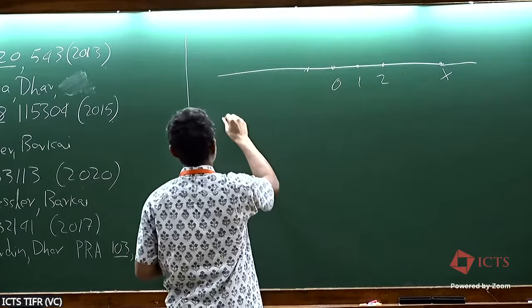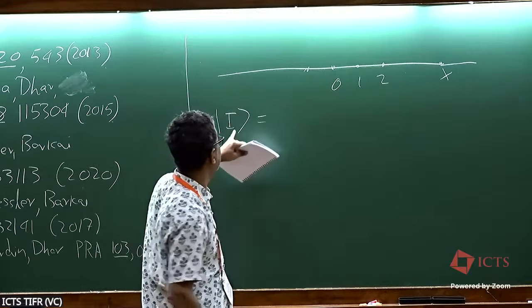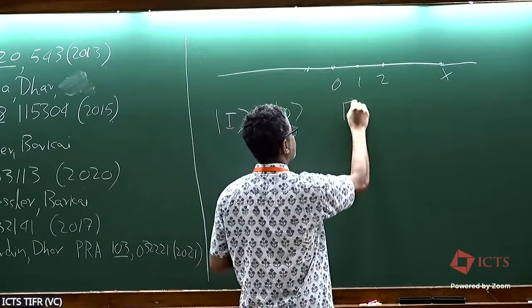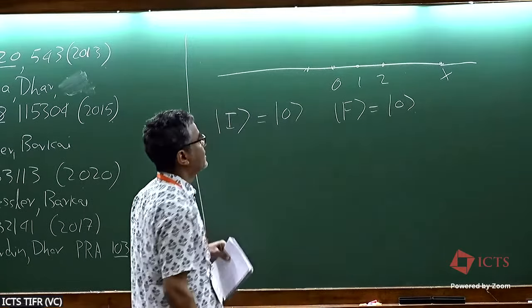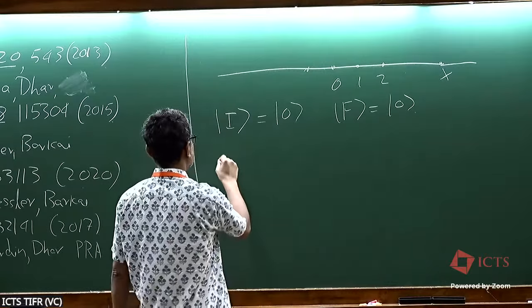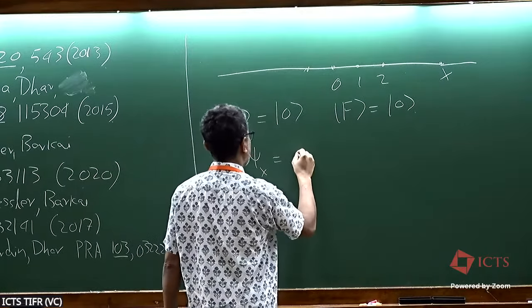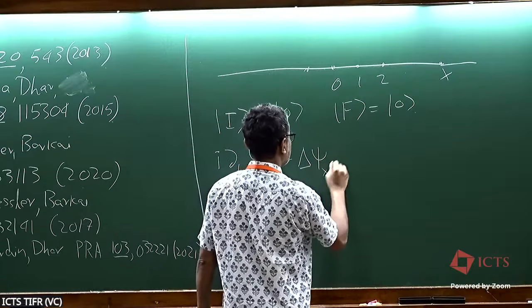So we are looking at this problem where the initial state is 0, and we make repeated measurements asking has it arrived at 0. Okay, and the dynamics is just i dψ/dt, where the Hamiltonian is the discrete Laplacian, which means